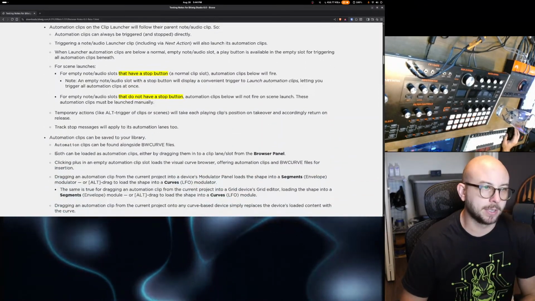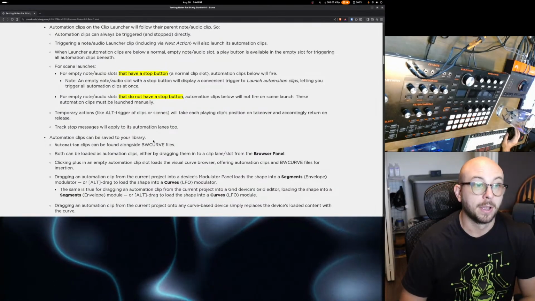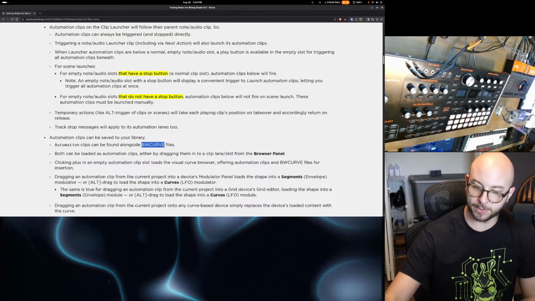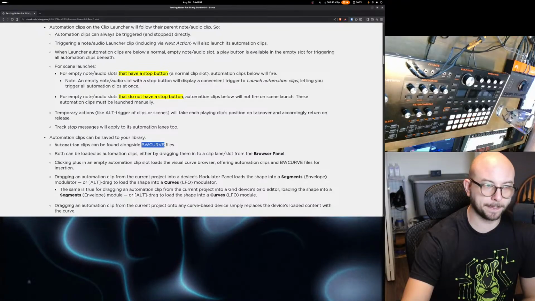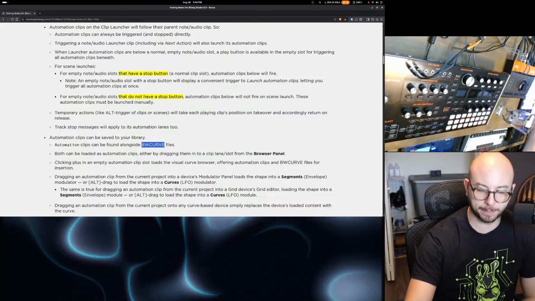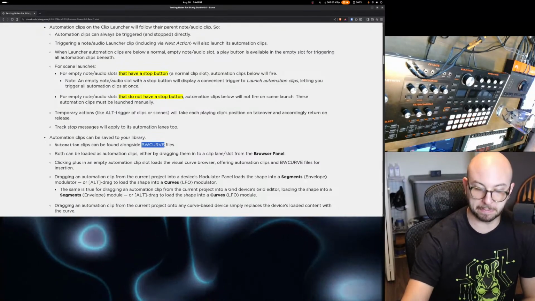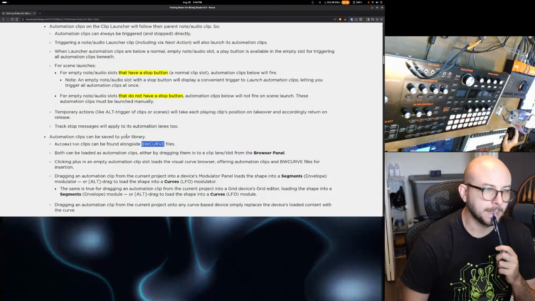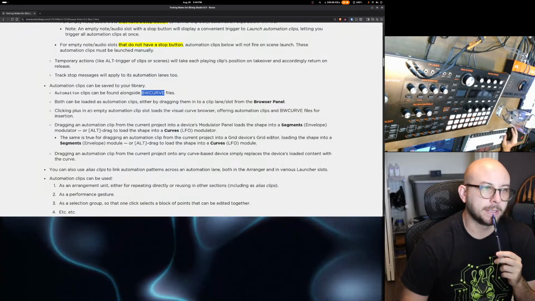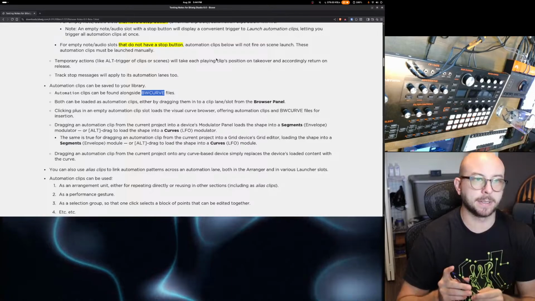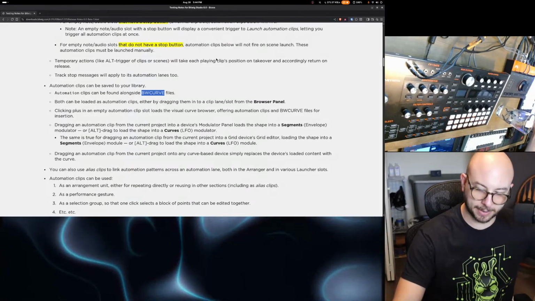Yeah, so automation clips can be found alongside Bitwig curve files. Ooh, I'd be interested to see if there's a way to create curve files outside of Bitwig. Not that that's terribly important, but looking in. All right, clicking plus in an empty automation clip slot. Oh, you know what? Since I'm already going to email them with these questions,